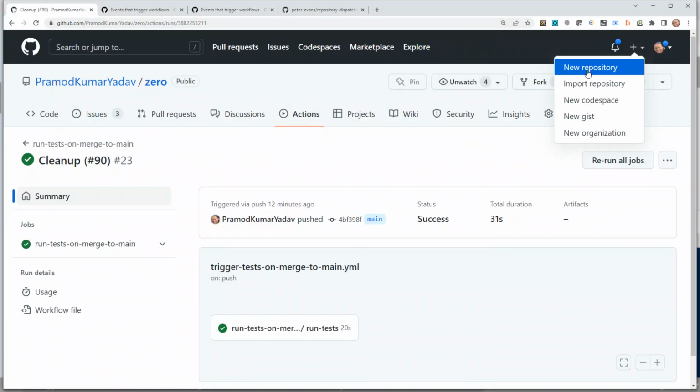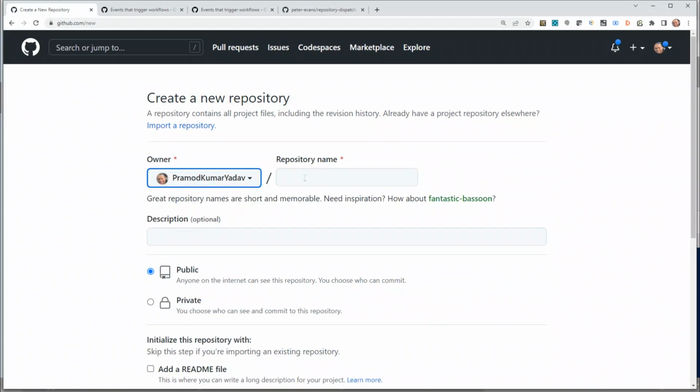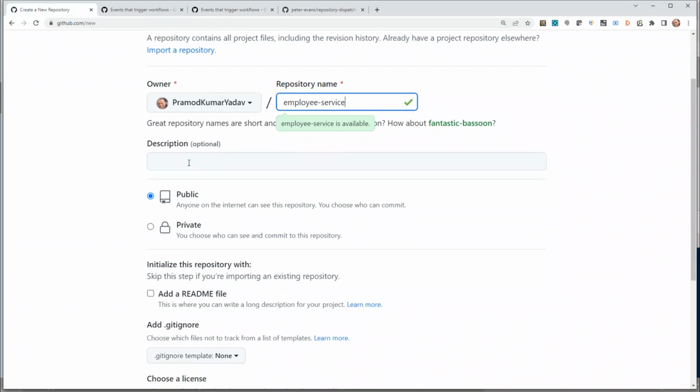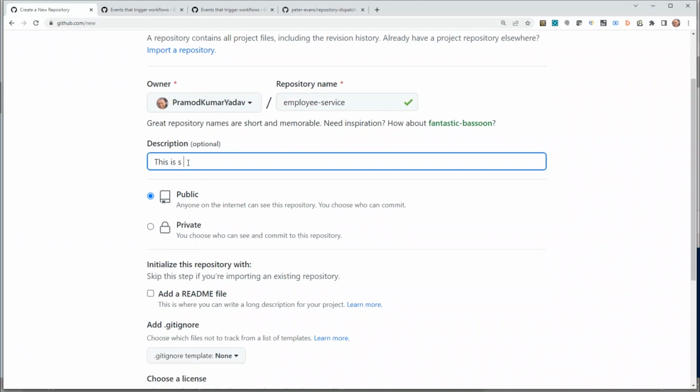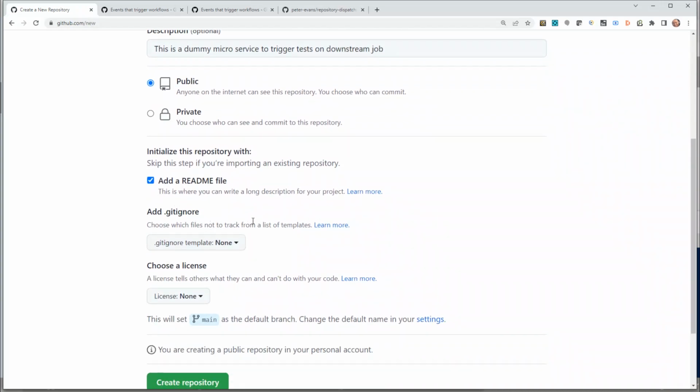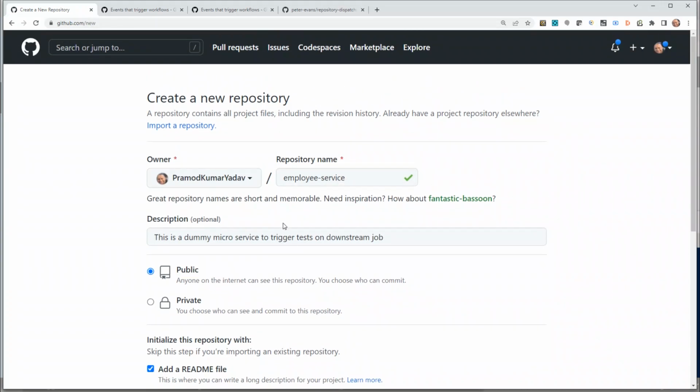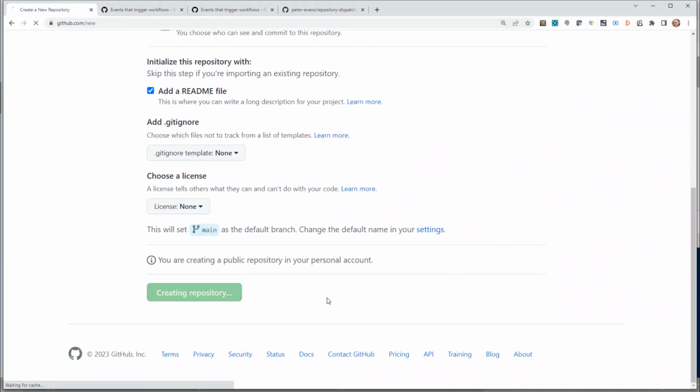and I will create two repositories. New repository. So imagine this is your company, and they are having these two microservices. One is an employee service, and this is a dummy microservice to trigger test on downstream job. Okay. Let's add a README file, and we will only tamper with the README file to create some pull requests and trigger our test. So let's create a repository,